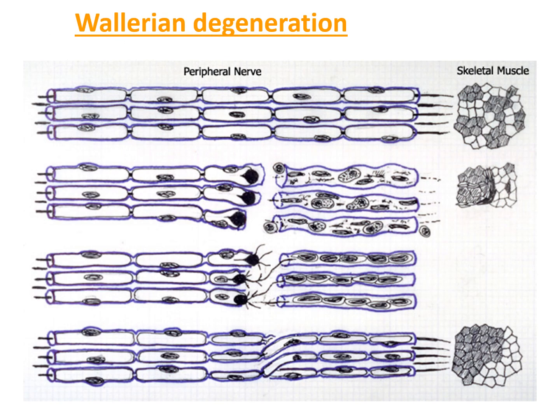See here the Wallerian degeneration. These are the peripheral nerves supplying the skeletal muscle. You can see the skeletal muscle here. Once it is cut, the nerves are not going to supply the skeletal muscles anymore. And here, slowly, the regeneration is happening.